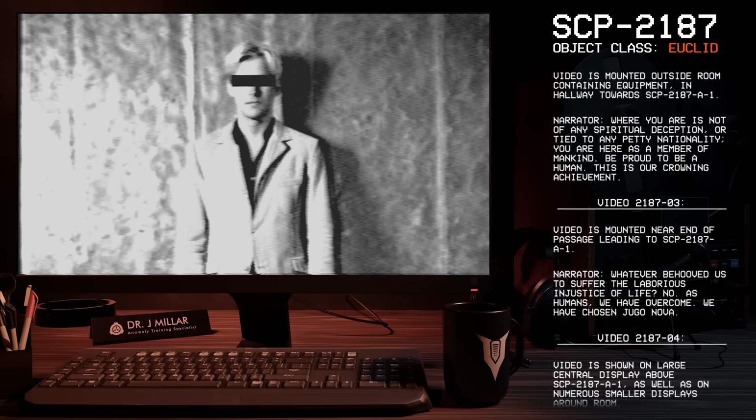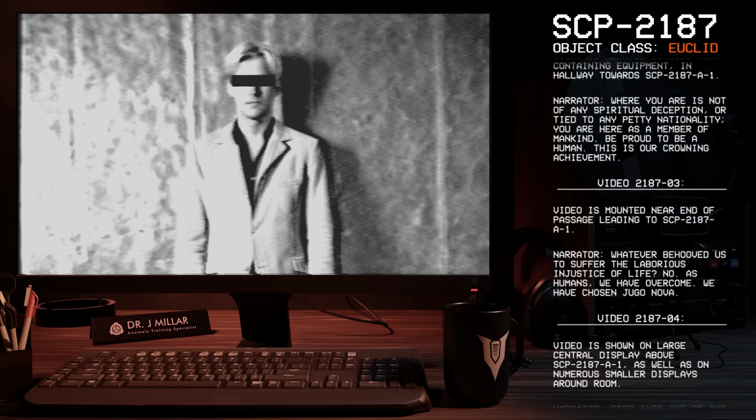Video 2187-03. Video is mounted near end of passage leading to